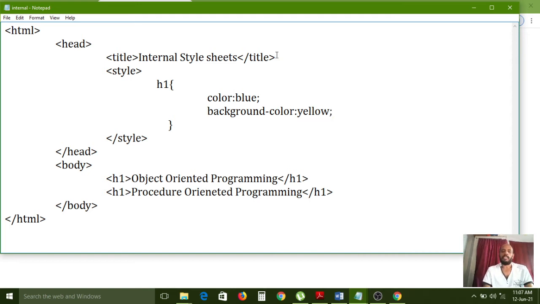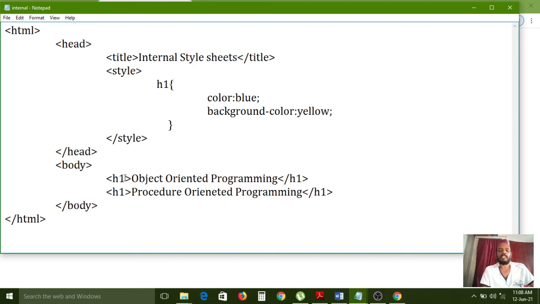In inline styles, if you use the style attribute for the first h1 tag, the style attribute can apply the styles only to that particular first h1 tag. For the second h1 there is no style. If you want to apply other styles for the second h1, you can use the style attribute with different styles. Style attribute is used only for a particular element.